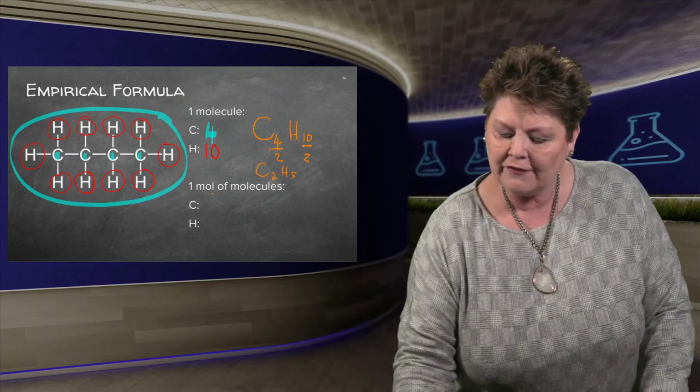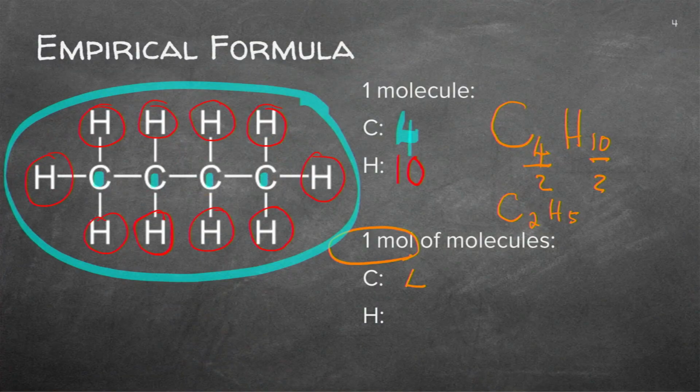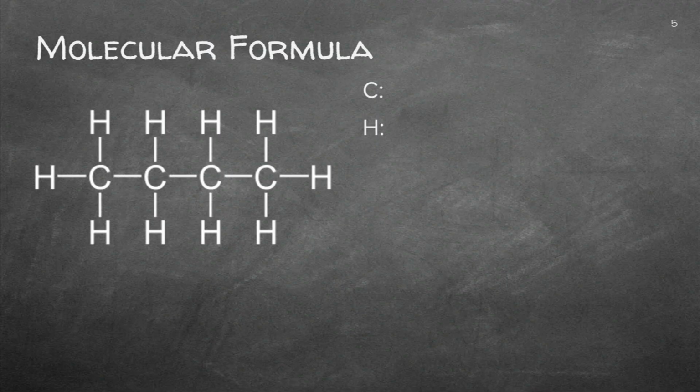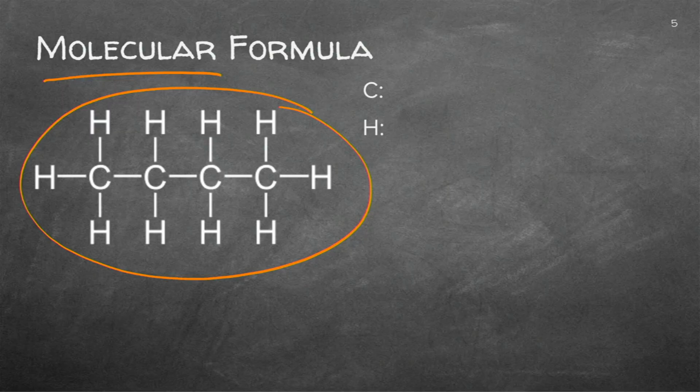You see where we're getting to in terms of the simplest form. And then again, if I've got 1 mole, I've got 4 and 10, and then it would be specifically the Avogadro number. We're going to do a few calculations just now, and you'll see where it applies. So a molecular formula will give me the whole molecule. The empirical will be the simplest one. So the molecular will say C4H10. The empirical will be that divided so that I've got the simplest form.